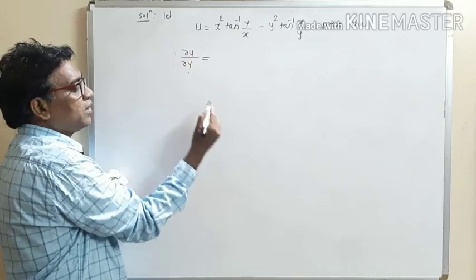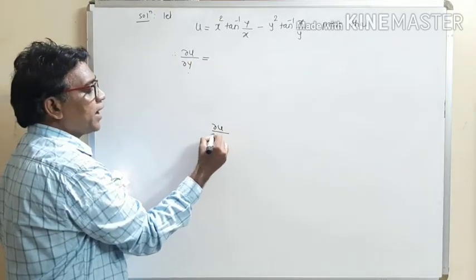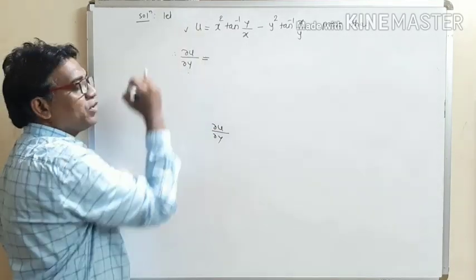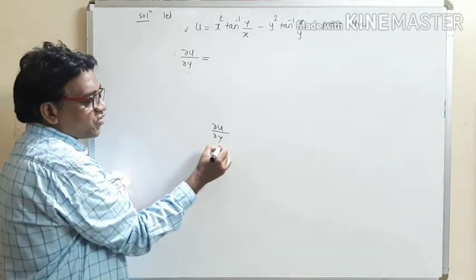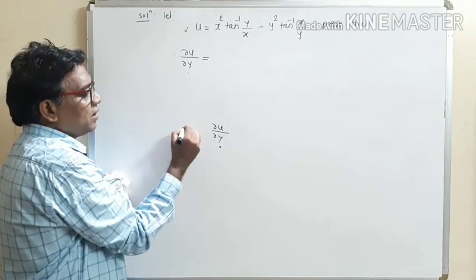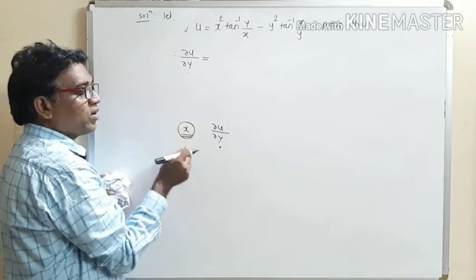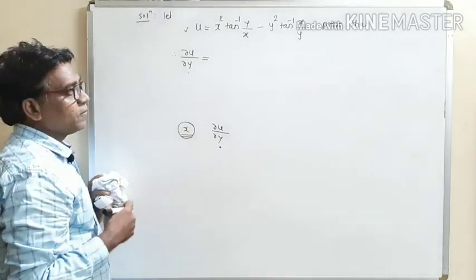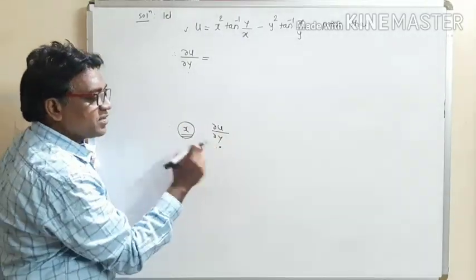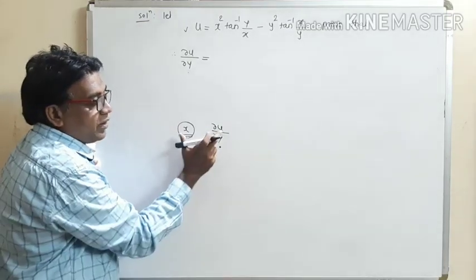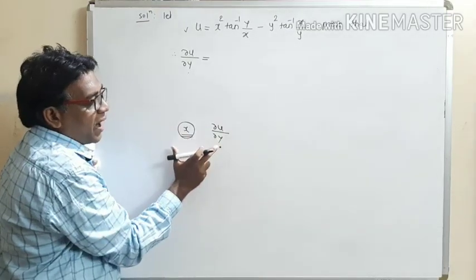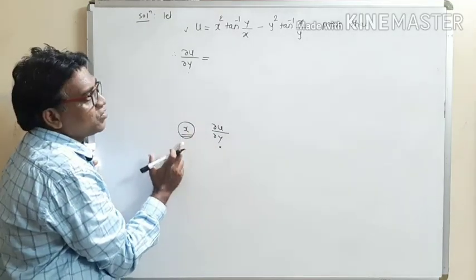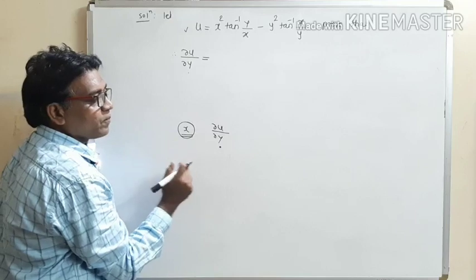What is the meaning of the partial derivative ∂u/∂y? Differentiating this u, so find out derivative of this u partially with respect to y, keeping remaining variable constant. So what is the remaining variable? Remaining variable means it is the x variable. So see how to find out this ∂u/∂y. Differentiating u partially with respect to y by keeping remaining variable constant. So just keep x as a constant quantity.